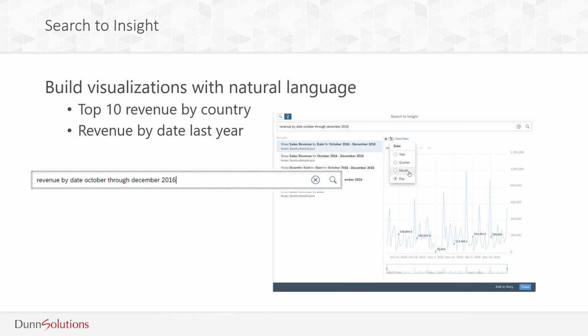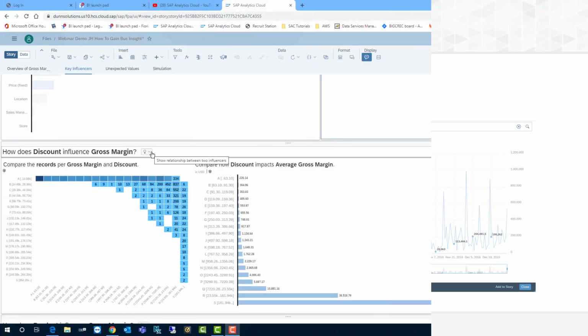All right, so let's switch gears and let's talk about Search to Insight. Search to Insight is basically like Googling your models of data. Search to Insight is available on the home screen or at the top right corner of the toolbar. Search to Insight brings conversational artificial intelligence to SAP Analytics Cloud. So getting answers from your data is as simple as asking a question in a natural language, sort of, you'll see. The feature works by processing your natural language queries and providing you with answers in numeric points and in chart form. So let's go look at a demonstration.